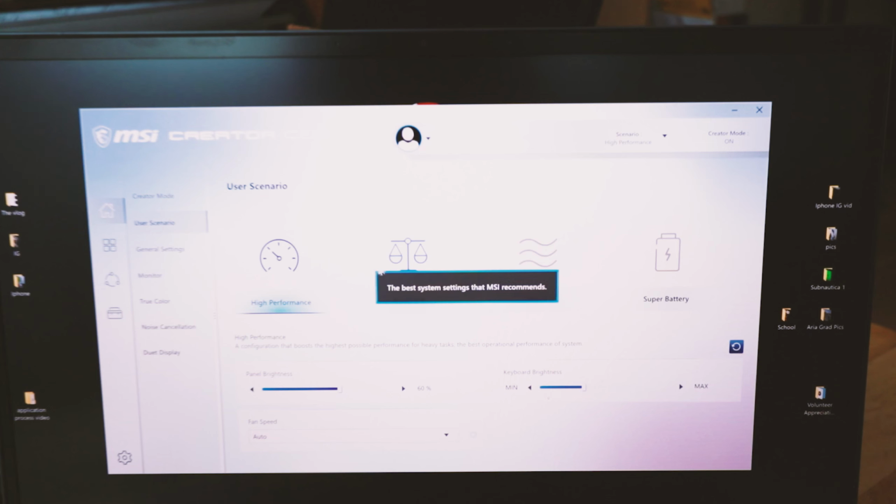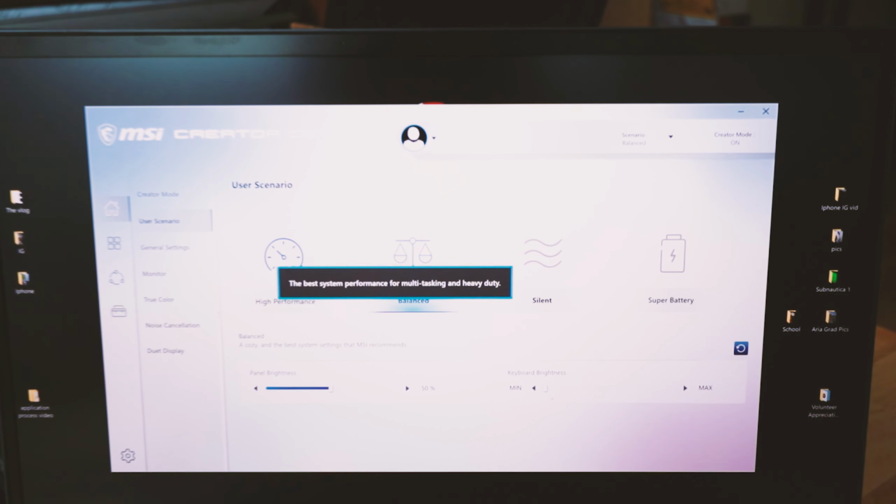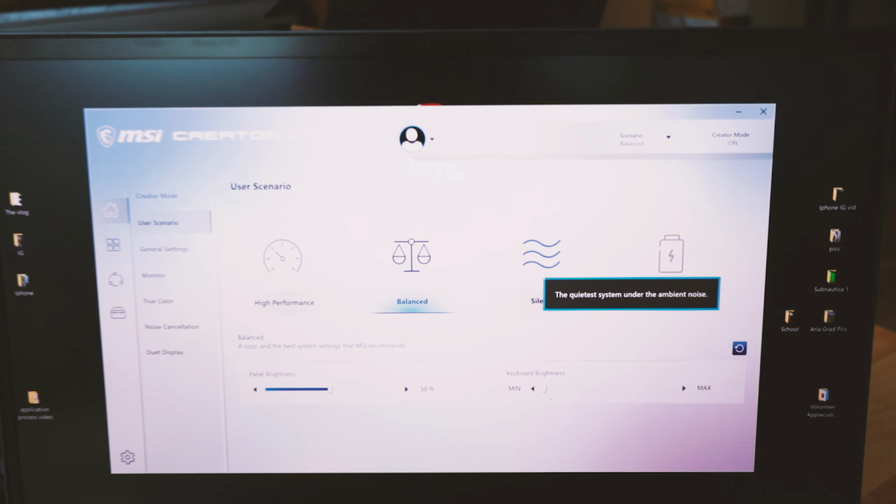And something really cool is the Creator Center. If it doesn't come installed, you can install it from the Microsoft Store, where you can go in and set how well the hardware works with the software programs you're using. It can adjust the speeds of the fans to cool it down, especially when you're doing high intensive editing, or you can turn the fans down and adjust them to kick on when you want them to. So if you're recording or streaming, you won't have blaring jet engines in the background,